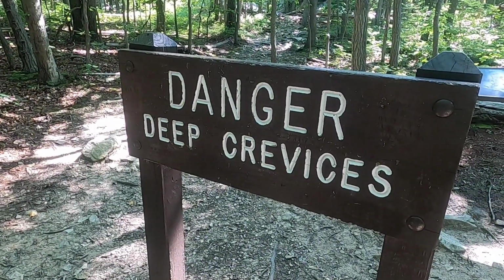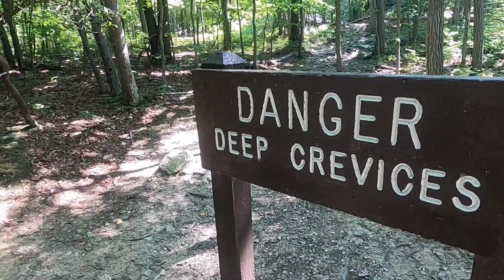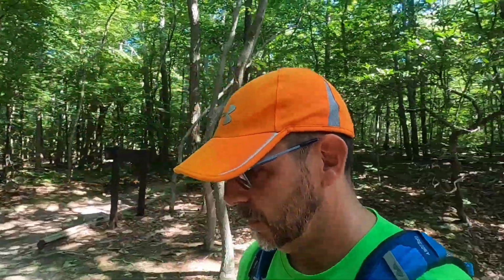This sign is the understatement sign of the year. There were definitely deep crevices up there on Wolf Rocks. The one platform that I did want to stand on, though, is actually the Wolf Rock. Apparently that ledge, some people say it looks like a wolf's head. Very blocky wolf's head, but